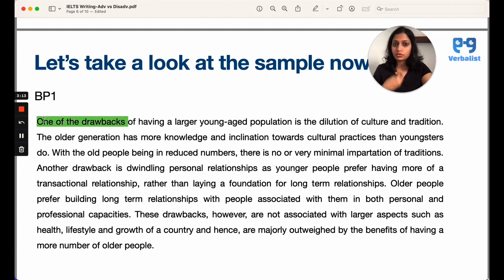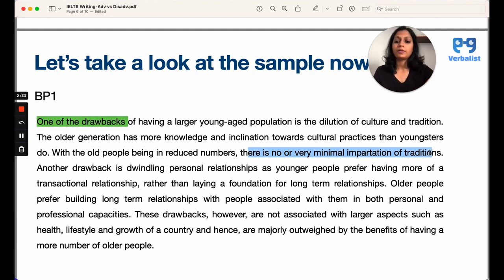So I am required to write more than one, right? So I am going to write 2 drawbacks, and I'm making it clear that one of the drawbacks is this. And then you follow this drawback up with an explanation. To me, the disadvantage here is that having a larger young aged population is the dilution of culture and tradition. And I'm saying that because older people have better knowledge, inclination, preferences towards cultural practices than youngsters do. So obviously, if older people are less in number, there will be minimum impartation, transfer of traditions and culture will